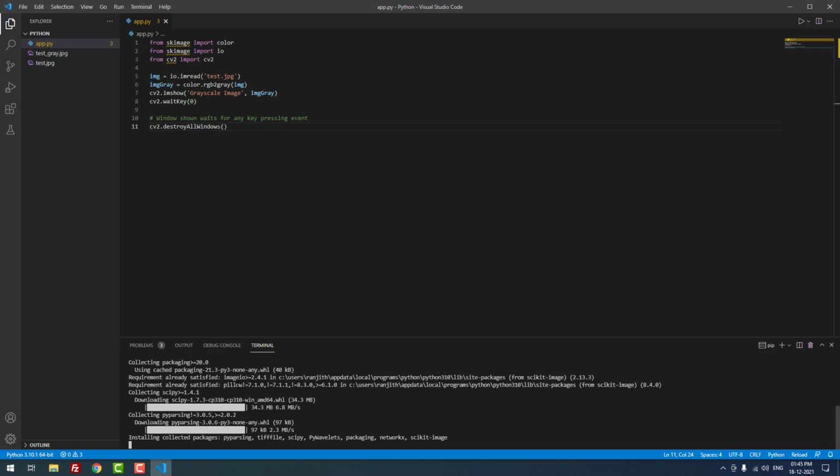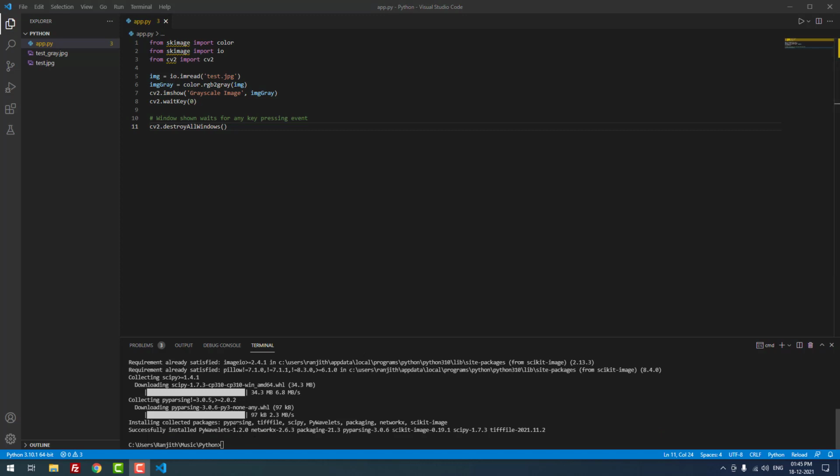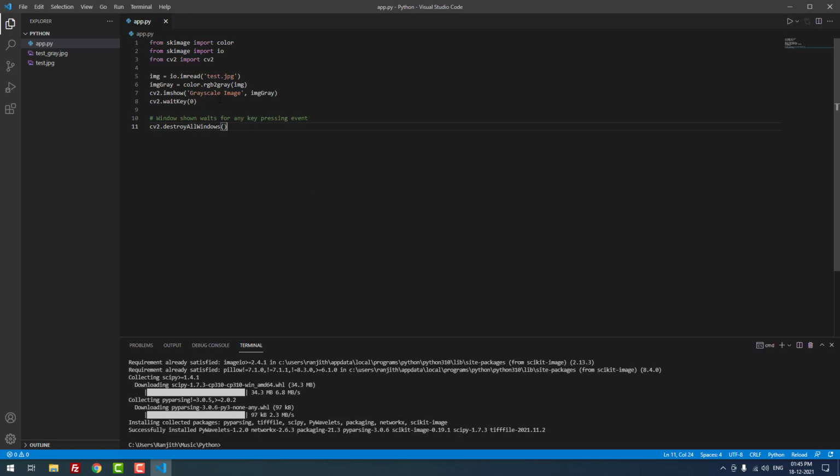Please wait. As you can see, it is installed successfully, so don't worry, I will replace the command in the article. Let me reload the window. As you can see, the errors are gone. Okay, let me run this project again.